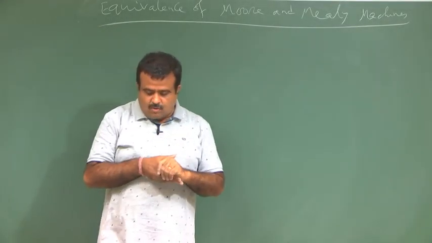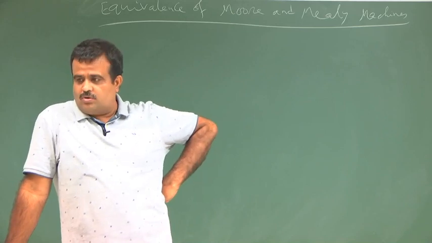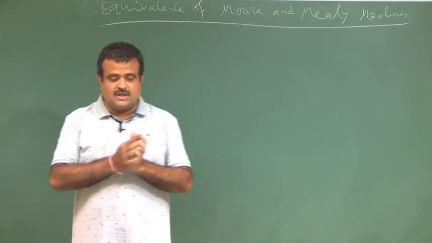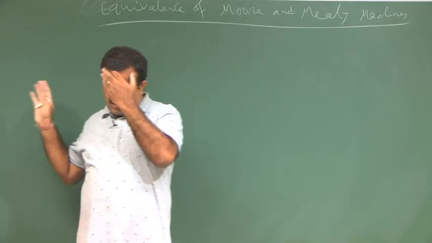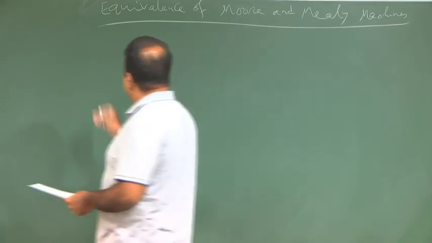Okay, so we are talking about finite automata with output. We have seen two machines, the Moore machine and the Mealy machine. Just to recap, and then we'll go for the equivalency between the two. So, just to recap, the Moore machine is